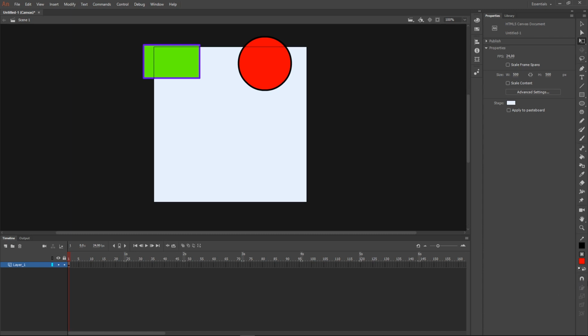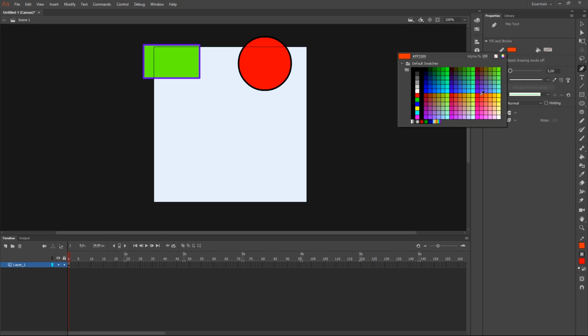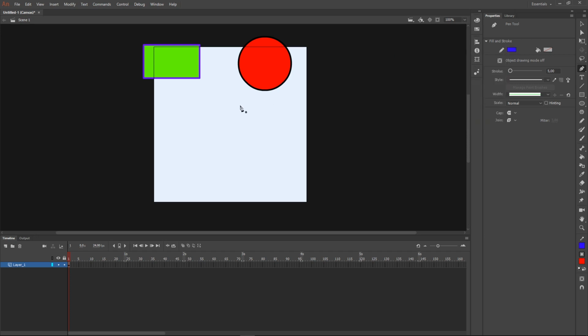So next thing that I would like to show you is a pen tool. And if I go in here, here is a pen, and in the pen you do not have an option to choose your fill, because you are just creating your stroke. But you can change the color of the stroke. For example, I want to have a blue stroke, and I can start to draw, okay? If you just click and you don't drag, you will just get these points, and you have it like this. If you want to finish, and you come in here, you can see a little circle next to my pen, and just click and finish your